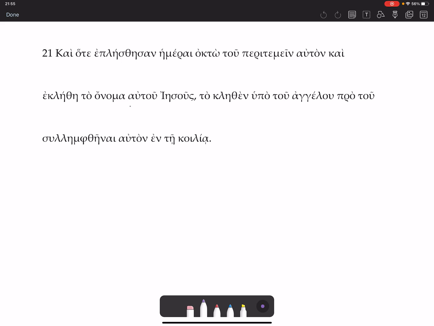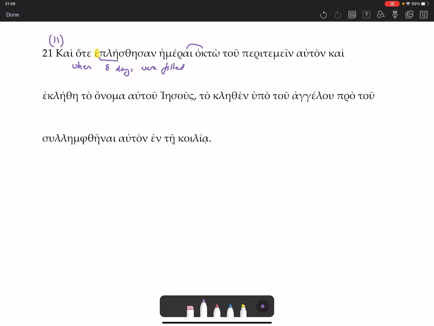That's now your 11th sentence in this section starting with an and. Hote, when. Eplesthesan, that epsilon is your augment. So the verb is the root plere, pimplemi, fill. And you've got okto hemerai, when 8 days were filled. When the 8 days were filled,